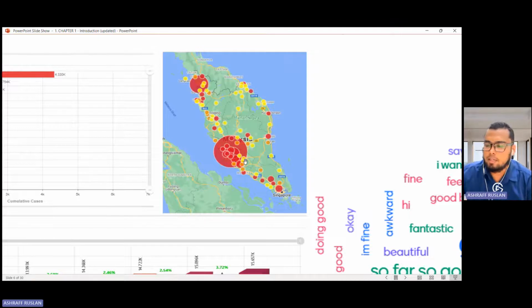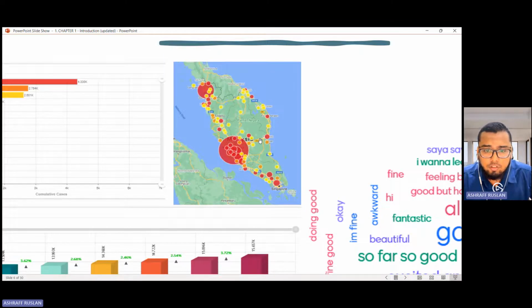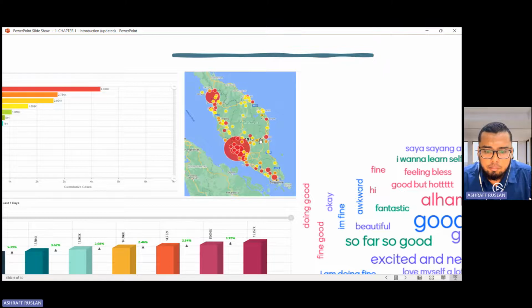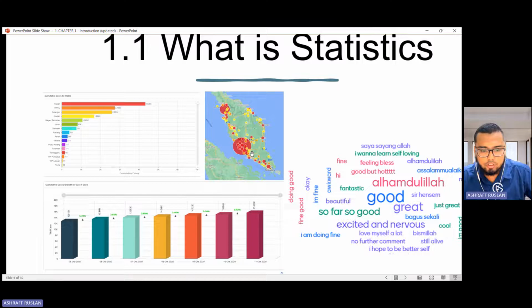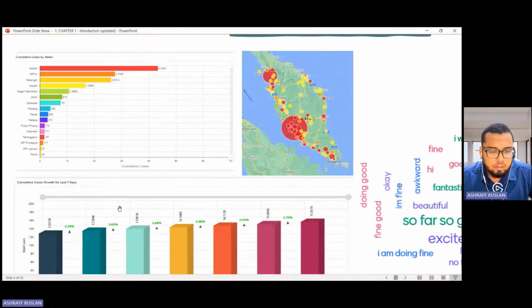Heat map dia akan tunjuklah density ataupun those who have higher frequency will have a bigger radius of the heat, and also the color. Okay, it uses the color representation to represent the seriousness of certain issues.